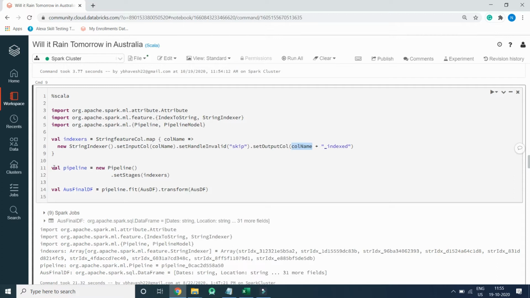And we will create val pipeline equal to new pipeline, set stages from indexer. So here we have created indexer and we have passed this indexer into set stages. And we will create a Australia final df data frame from this pipeline, fit Australia df dot transform Australia df.